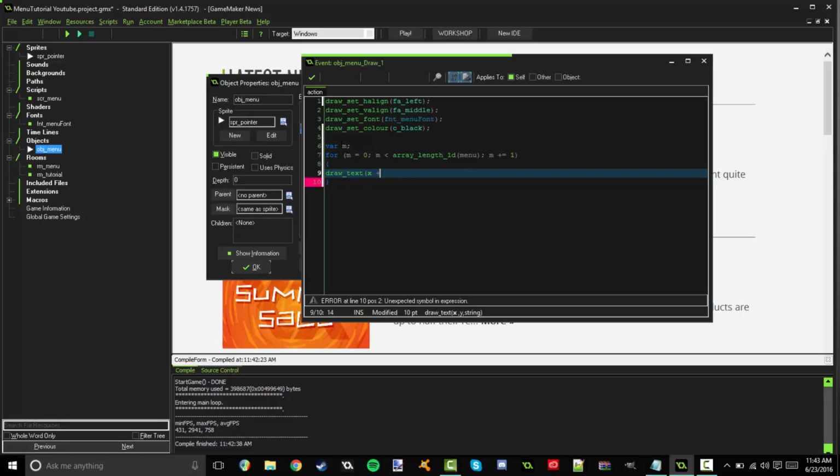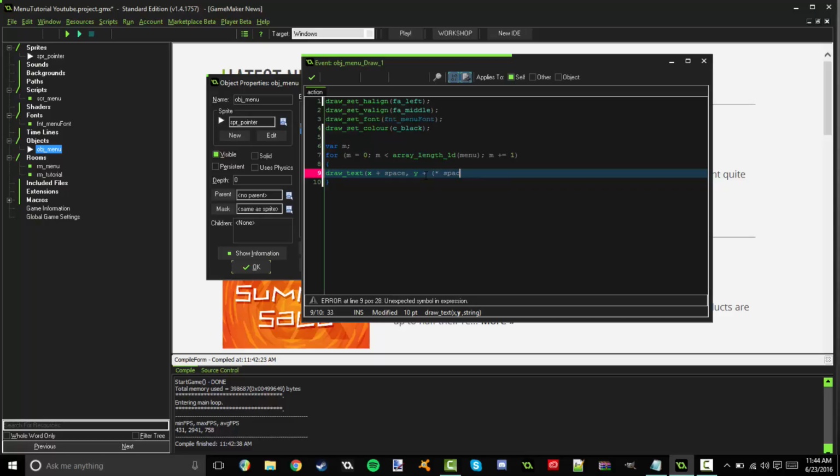Okay, x plus space and y. Also I forgot to mention, whenever you're opening brackets or parentheses, usually down here it'll tell you what things you need to add into there. So the first section in between the comma needs to be the x variable, the second one needs to be the y, etc. So plus m